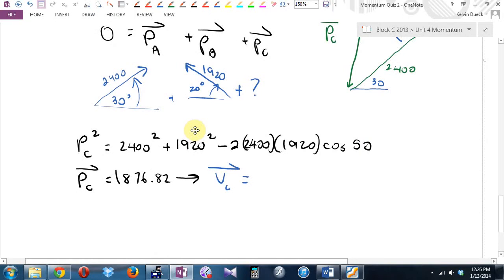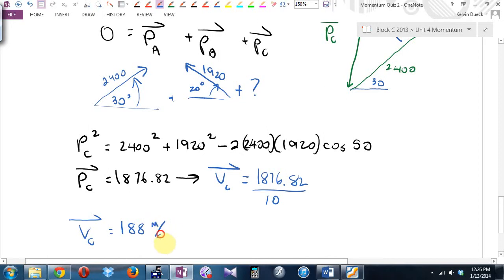So it's going to be 1876.82 divided by 10. Even Cliff can do this in his head, right? Divide by 10, what do you get, my friend? Which would be the 4 sig figs. Because I'm a good student, I'm going to go to 3 sig figs and call it an even 188 meters per second at...